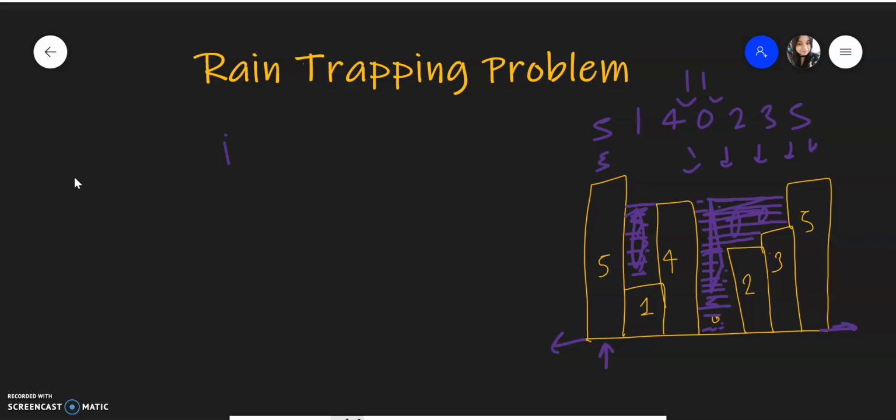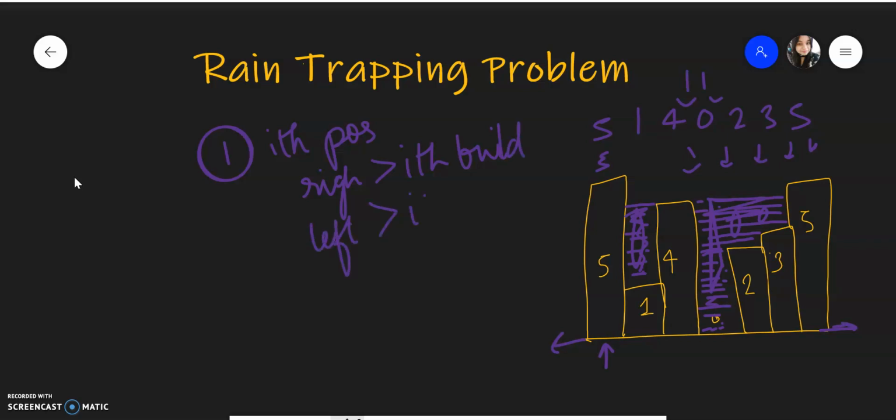So the one condition is that if you are at, say, the ith position, the water will be trapped only when you have at least one building on the right which is greater than the size of the ith building, and similarly you must have one building on the left which is greater than the size of the ith building, right?